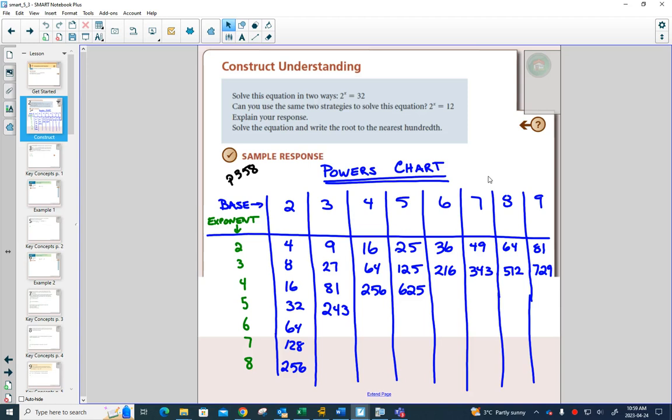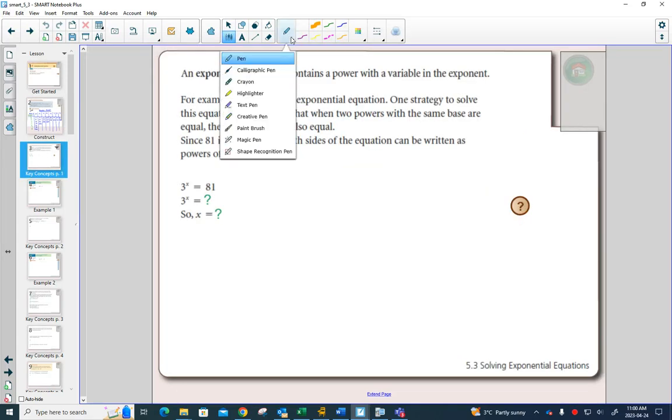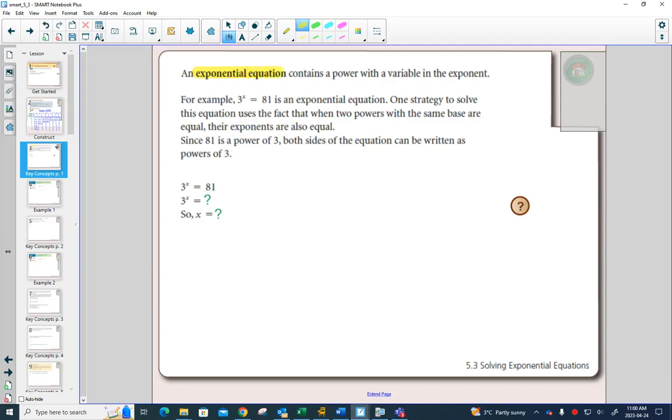We're going to be using our powers chart to solve equations. And the types of equations that we're going to be solving are called exponential equations. An exponential equation is an equation that has the x in the exponent. So what's going to happen is if you had a question like 3 to the x equals 81, you would